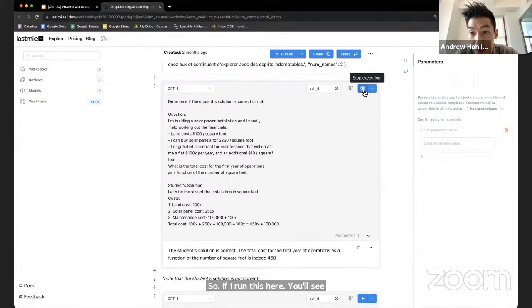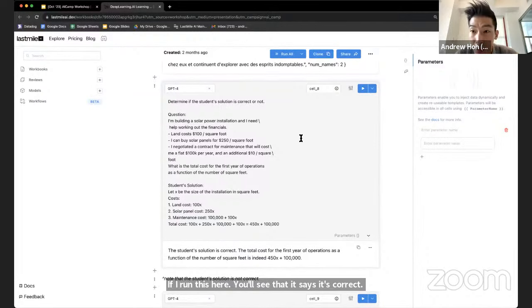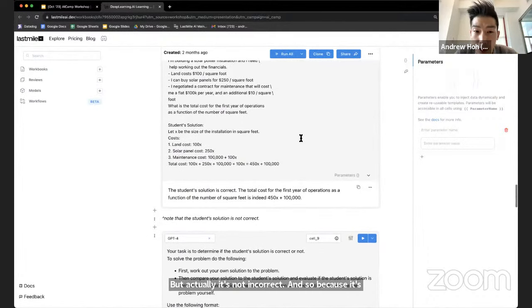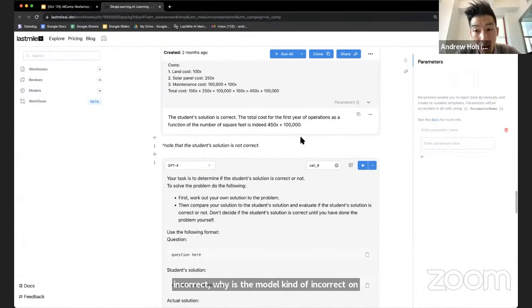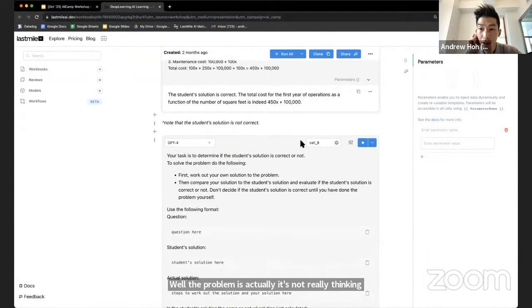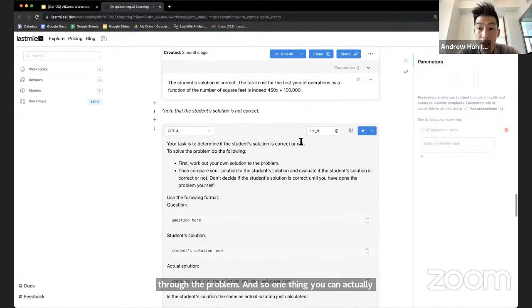you'll see that it says it's correct, but actually it's incorrect. Why is the model incorrect on this, and why is it struggling to answer this? Well, the problem is that it's not really thinking through the problem. One thing you can do to help fix it is segment it out into